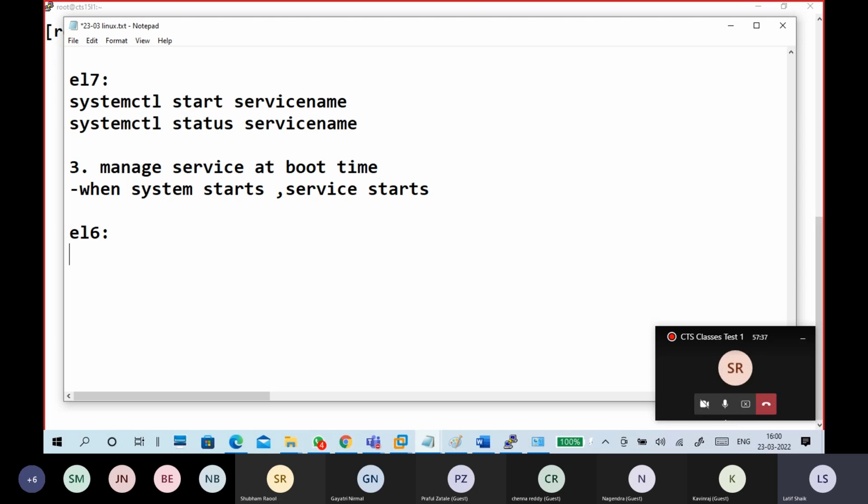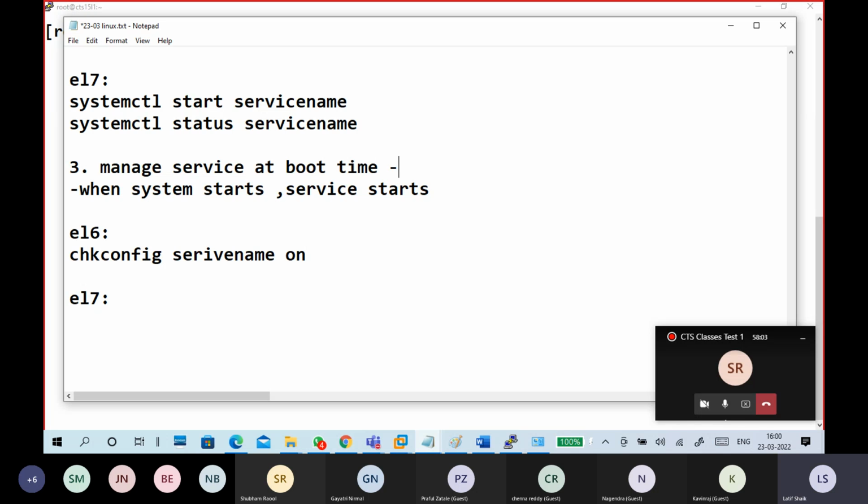EL6. If you are using EL6, the command is chkconfig, service name, on. Off means don't start when system is started, like on, off.